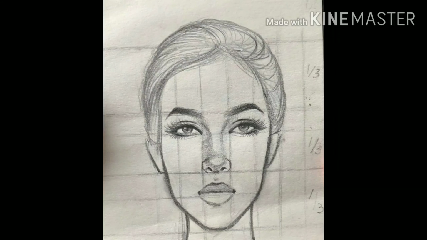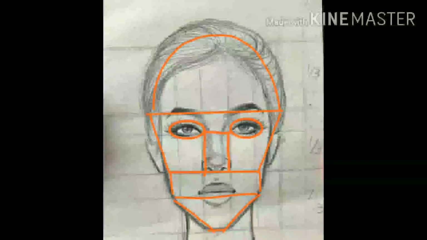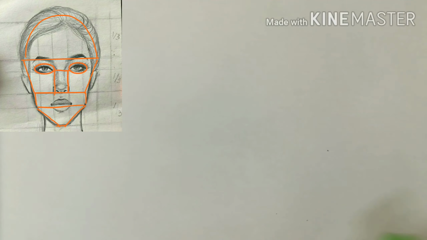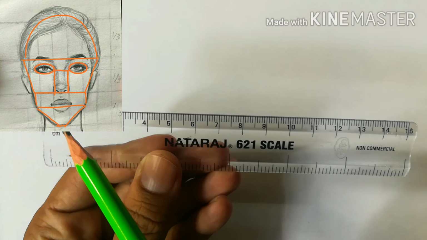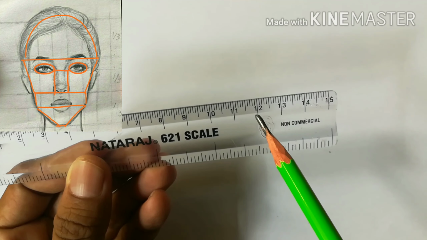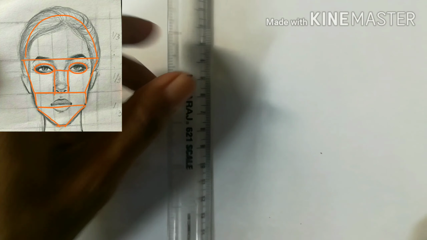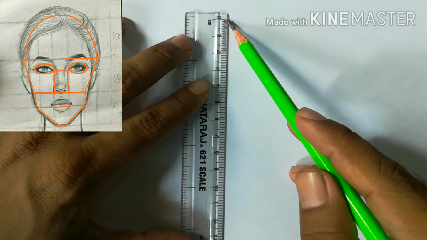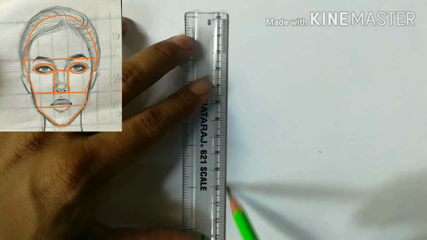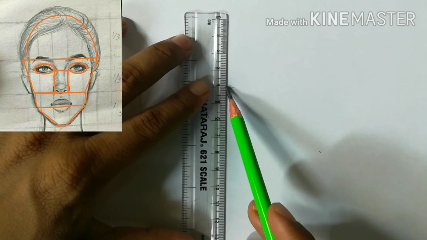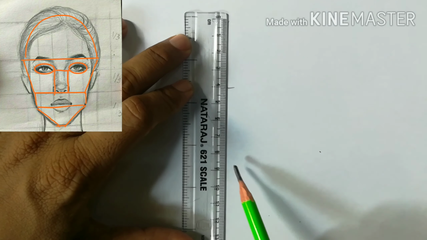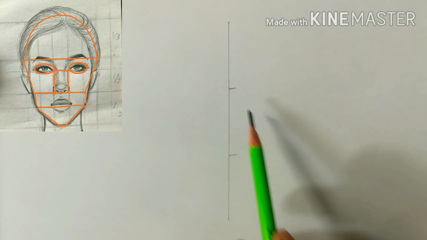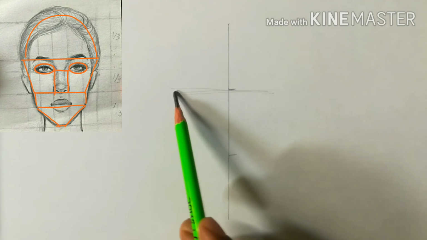Take another example. Look how I divided the face into simple shapes. With practice, you will become expert enough to draw the shapes directly. In our next example, I have tried to do the same thing. I have tried to draw without dividing the reference into simple shapes, which we will see in the later part of this video.